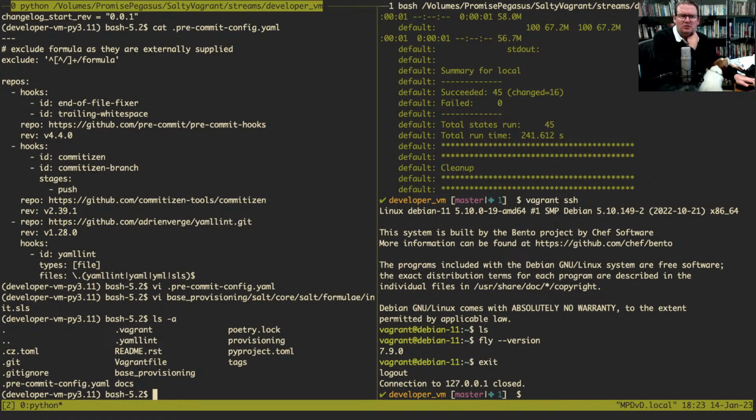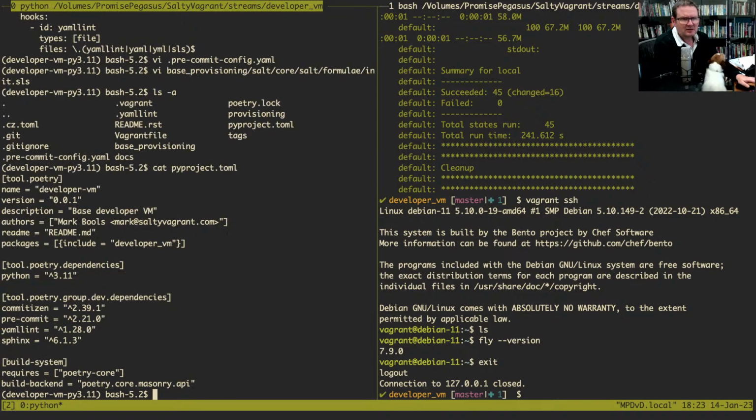Pre-commit, git ignore, base. Oh, the pyproject.toml, but that's just a standard TOML file used by Poetry. And you can see here, these are the tools that are installed into the development environment. So you've got commitizen, pre-commit, YAML lint, and Sphinx. And these are the ones I was talking about. I've got most of these installed in